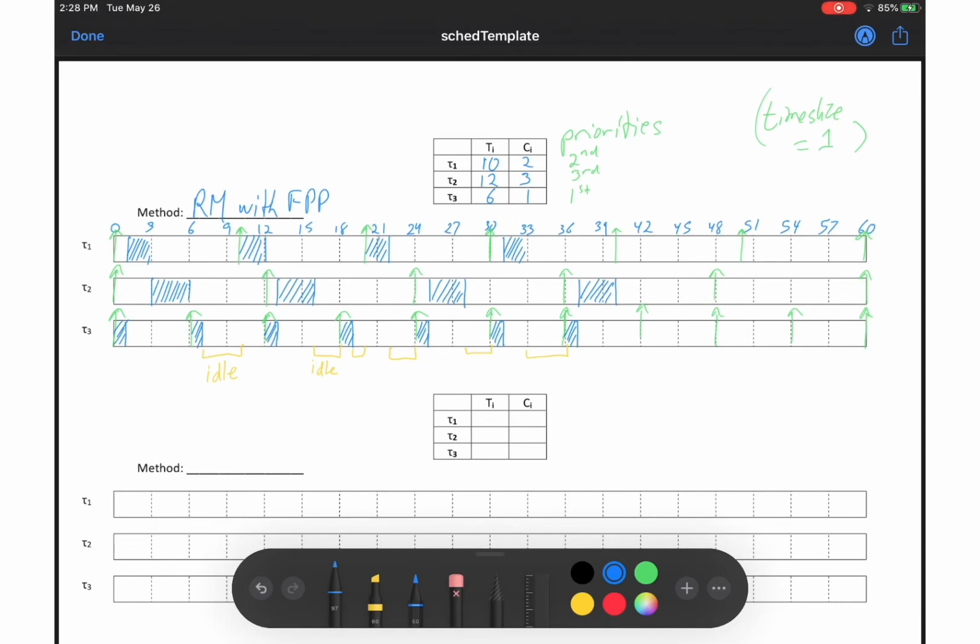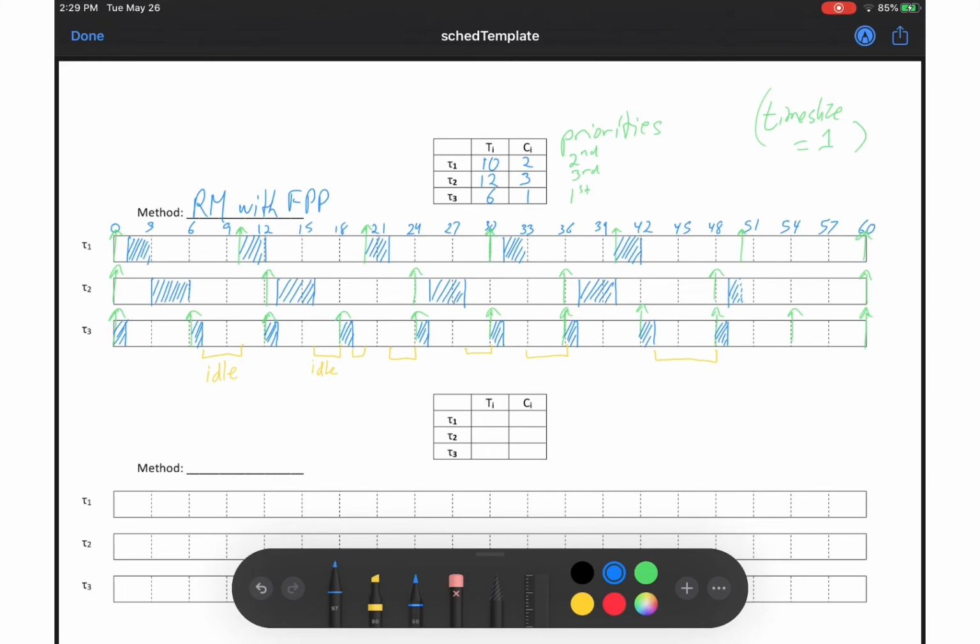and then task 1 is going to run for 2 time units, and then task 3 for 1 time unit, and then we have a long idle period of 5 time units. So at time 48, again the high priority task that's ready is task 3, followed by task 2, which has a worst case execution time of 3 time units, but it's going to be preempted by task